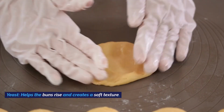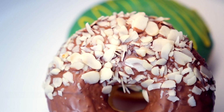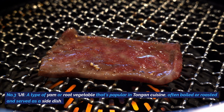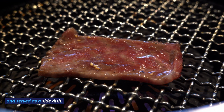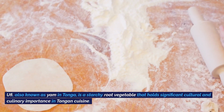Yeast. Helps the buns rise and creates a soft texture. Salt. Balances the sweetness and enhances the flavors. Water or coconut milk for mixing the dough. Number five, Ufi, a type of yam or root vegetable that's popular in Tongan cuisine, often boiled or roasted and served as a side dish. Ufi, also known as yam in Tonga, is a starchy root vegetable that holds significant cultural and